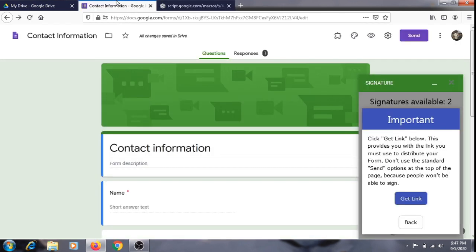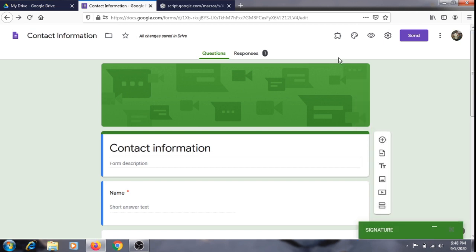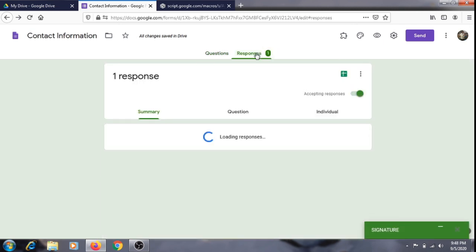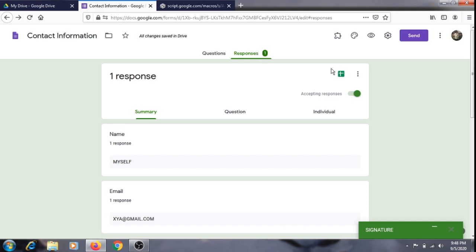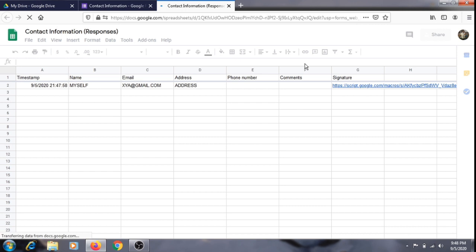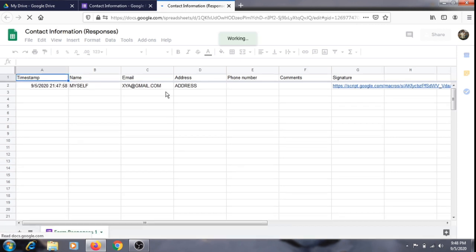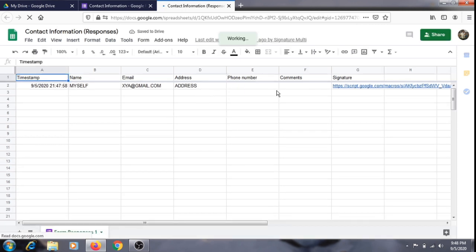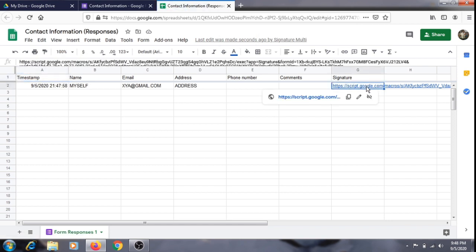Let's go back to our Google form and check how the signature has been sent to us. There is a mail. This is what we entered just now, and the signature is sent directly to our Google Drive.